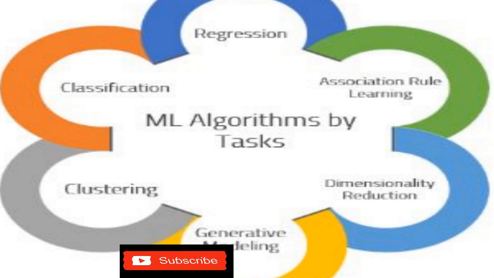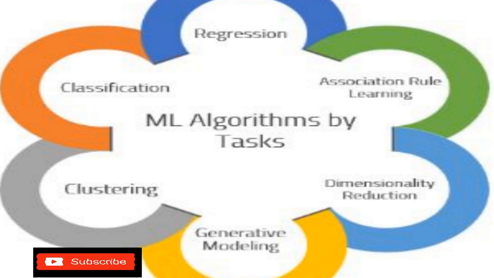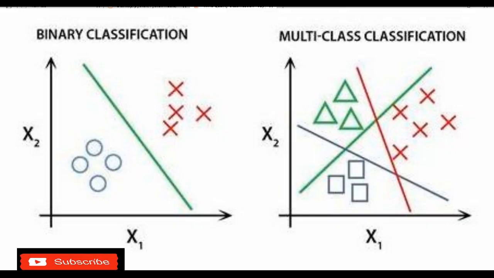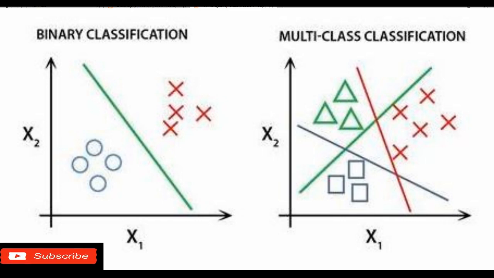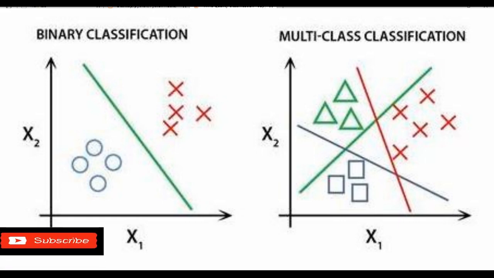Then we have clustering, association rule mining, dimensionality reduction, and classification. Now, classification can be further divided into two main categories: binary classification, which involves classifying something into only two classes, that is, positive or negative, or you can also call it true or false. And then we have multi-class classification, in which case you classify something into more than two categories or